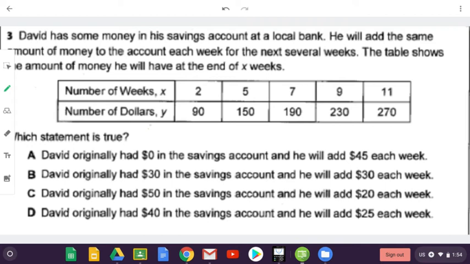So David has some money in a savings account at a local bank. He will add the same amount of money to the account each week for the next several weeks. The table shows the amount of money he will have in X weeks. Which statement is true? So the first thing that we want to make sure that we understand here is we